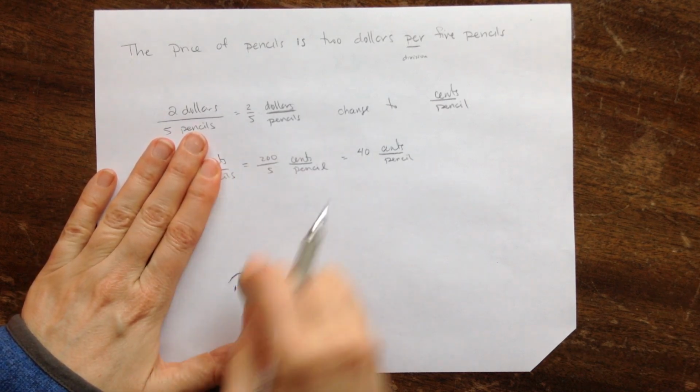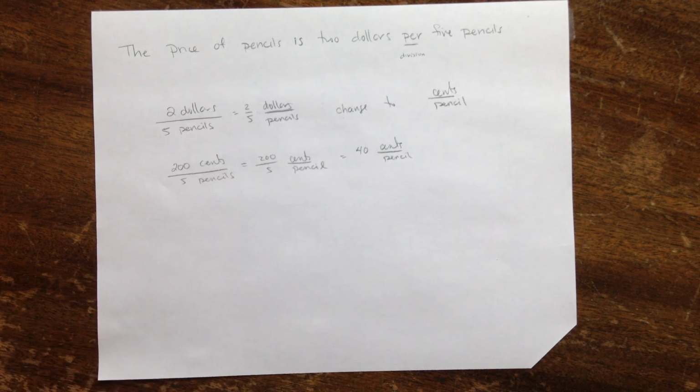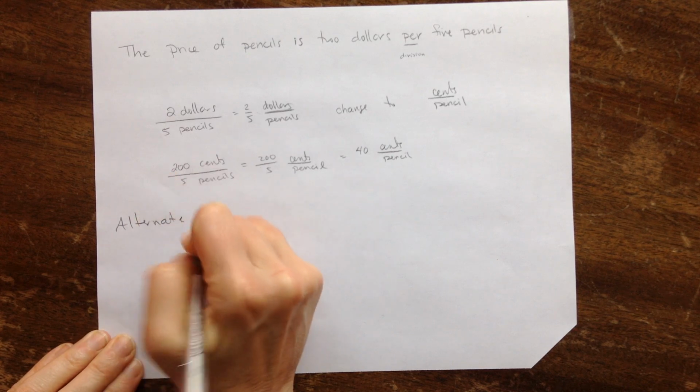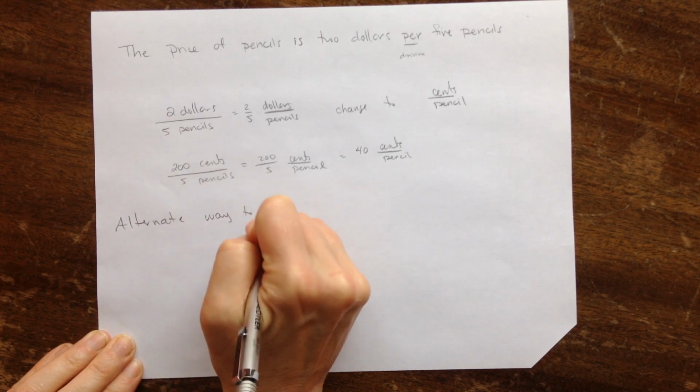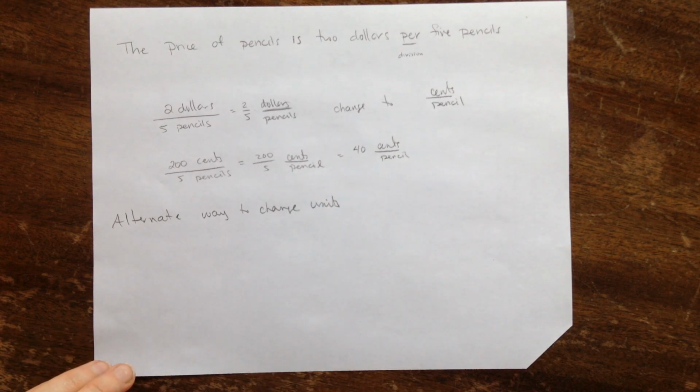So you can figure this out. Or if it wasn't a nice number, and I picked nice numbers here just so that they would be nice whole numbers. But if it was like the price of pencil is $2.57 per 13 pencils, you could do the same thing. The numbers just wouldn't come out all that nice. Now, this is one way to change the units here. I'm going to show you another way, an alternate way to change the units, which is kind of nice because it uses this idea that we just looked at,